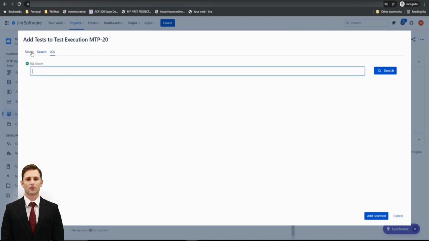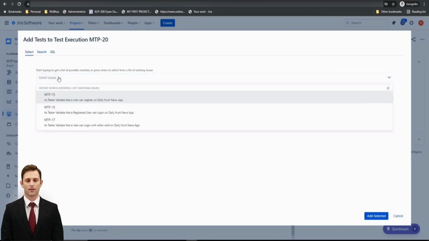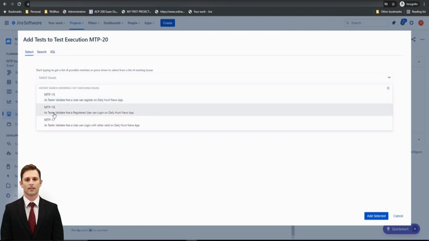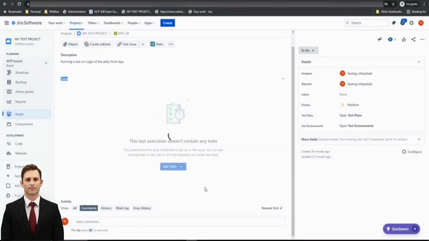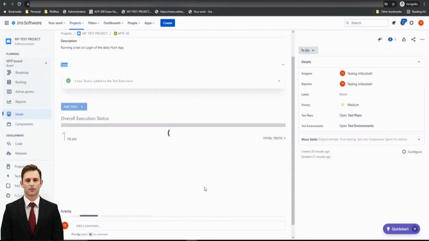So, I'm picking up the test case MTP16, which tests, as a tester, that a registered user can log in on the Daily Hunt News app, and click on Add Selected. If you want, you can add more tests. Also, at this point there's no restriction that you can only add one test. It's just that it will create it as a test execution, and you can have multiple instances of the same